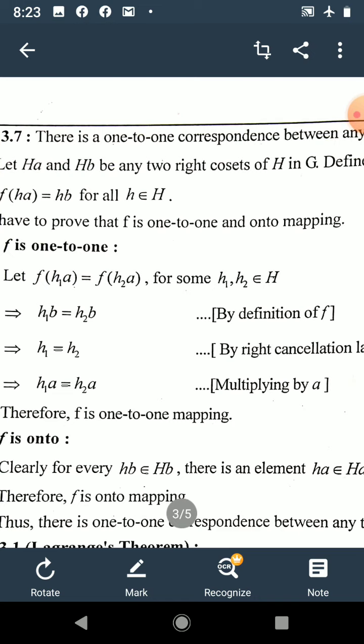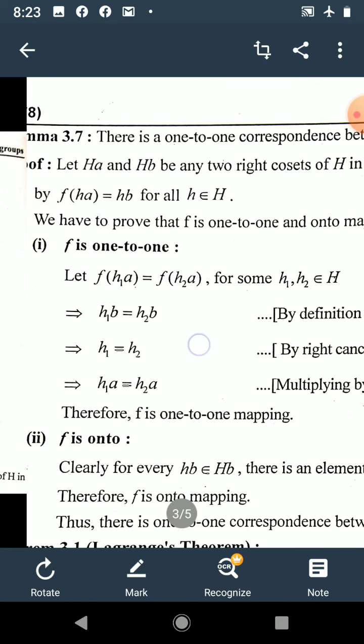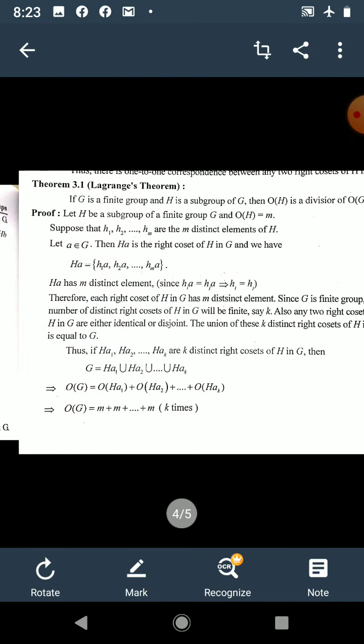If you have to prove this result for left cosets, you only have to take this mapping as, instead of f(ha) equal to hb, you have to consider f(ah) equals bh and prove this in a similar manner. Okay. Then we shall see the